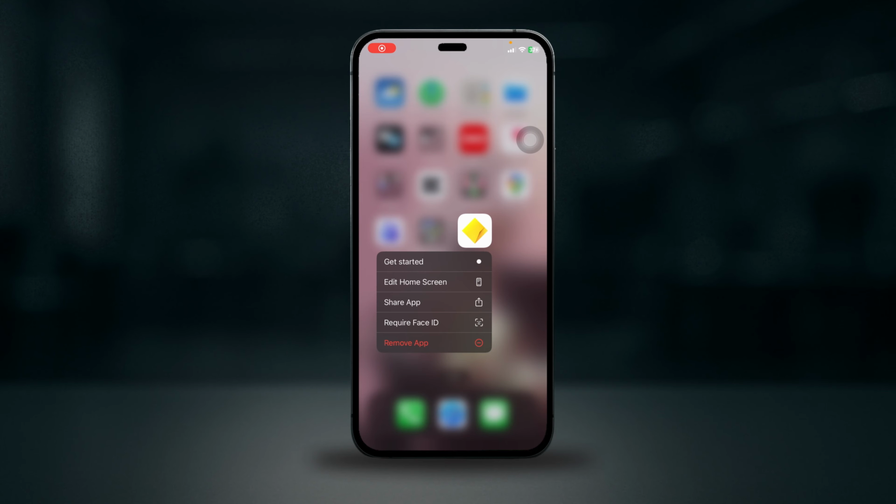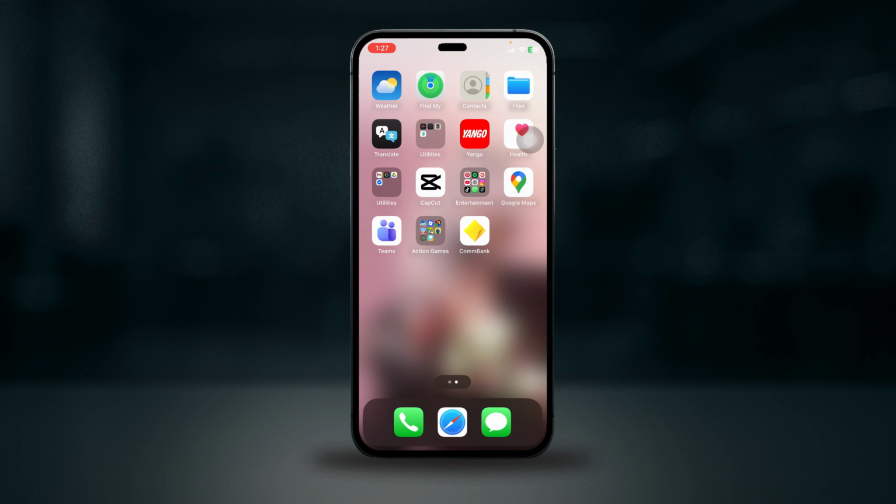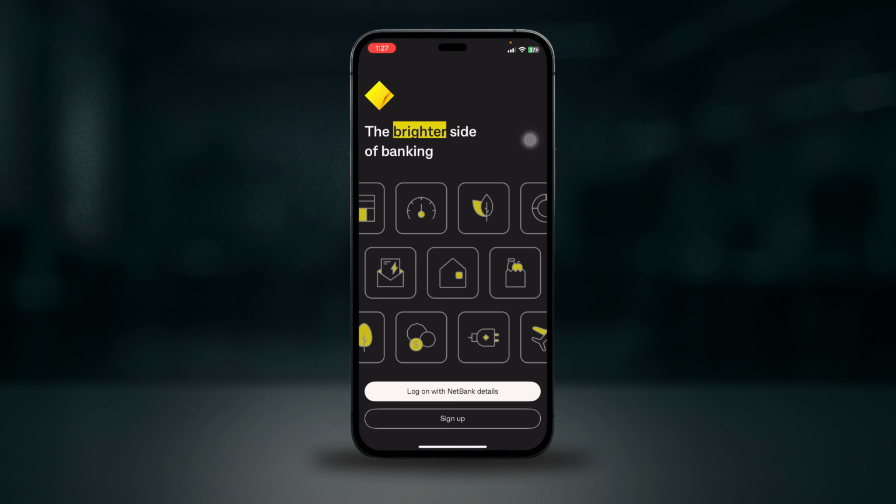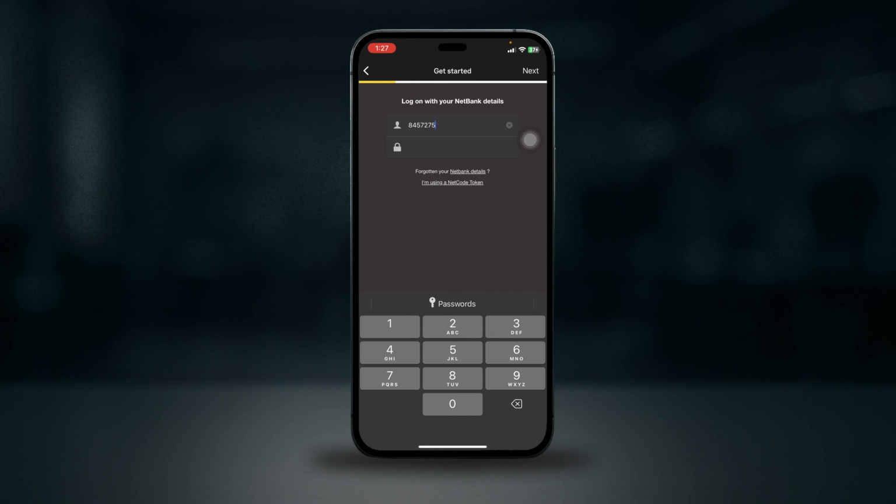Hey everyone, welcome back. In this guide, I'll show you how to enable your Face ID or fingerprint in the CommBank app. First, log in to the CommBank app using your password. Once you're done entering your password and your username,